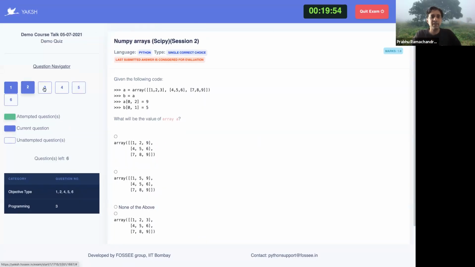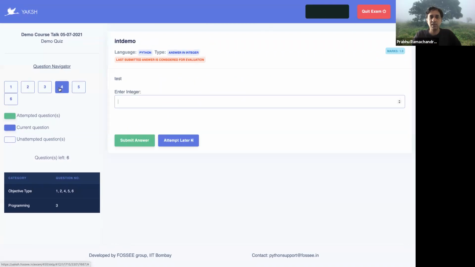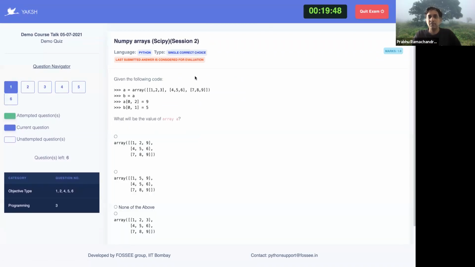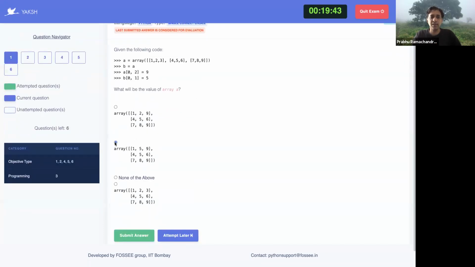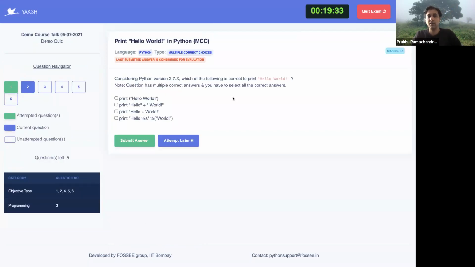So you can navigate through all the questions through this navigator here. And then here you have the question, which you can answer. So I'm just going to randomly select something. This is a multiple choice. And we also do randomization of those choices. And I can say submit this answer. And it moves on to the next question. So for example, considering blah, blah, blah, this is straightforward, right? So I can do this multiple correct choice question as well.